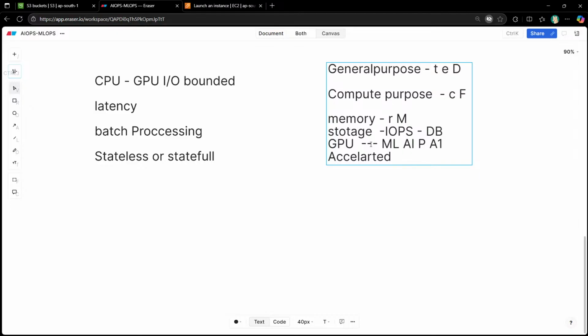So this is the selection criteria. Based on this, we will create these clusters or servers or whatever. If you are running this kind of application and this kind of server, you have to select. So this is the series and this is the types, because these types have